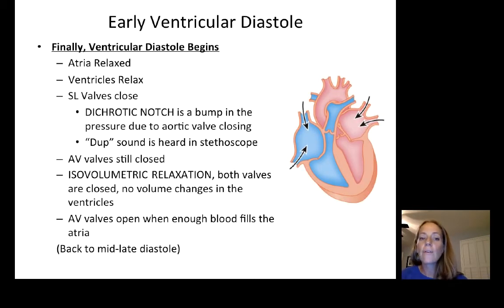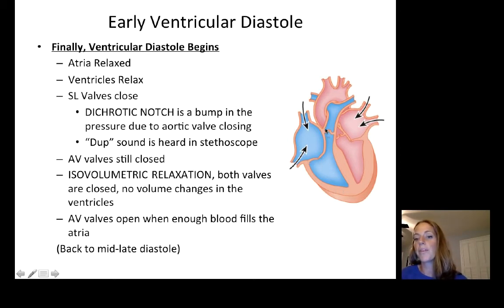And now we can reset. So we pumped the stroke volume out, got the blood out to the body, and now the atria continue to relax and the pressure goes down and the atria start filling. As the atria start filling, the ventricles are also going to be relaxed, and you're going to hit a point